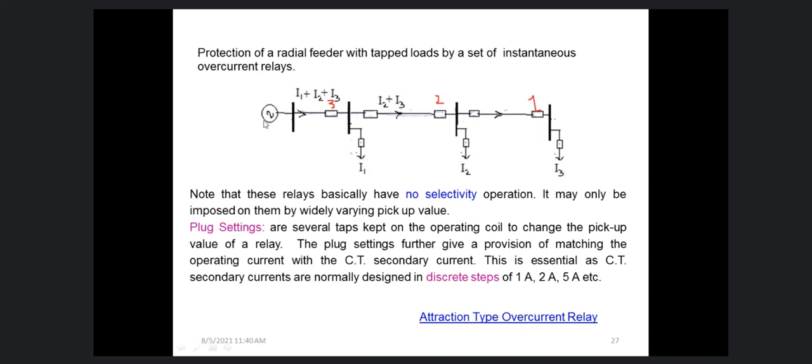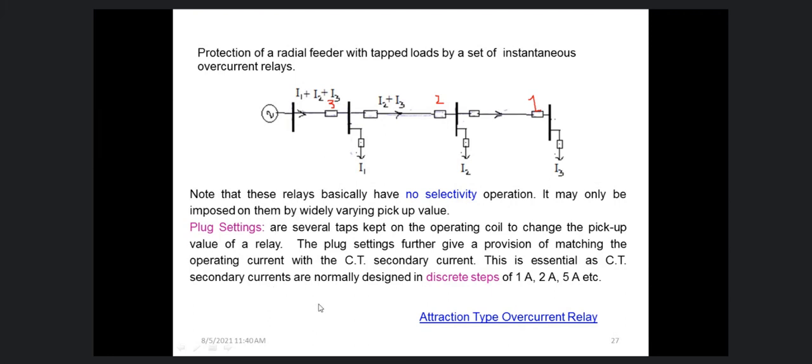At the same time, you see, for the radial feeder, when we go towards the source, the current is more. So if this relay fails to operate, then this relay will operate. When there is a fault in the I3, then near to the source, the current is always higher. We shall refer to this thing every time later. So for radial feeder, obviously if we use KCL, then near to the source the current will be higher.